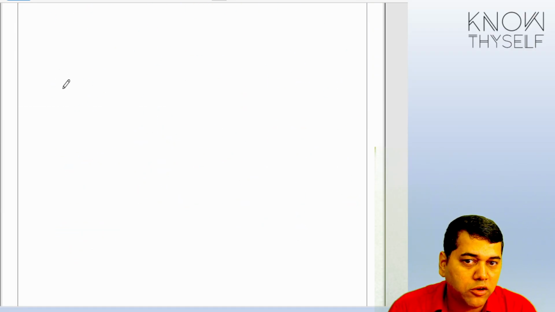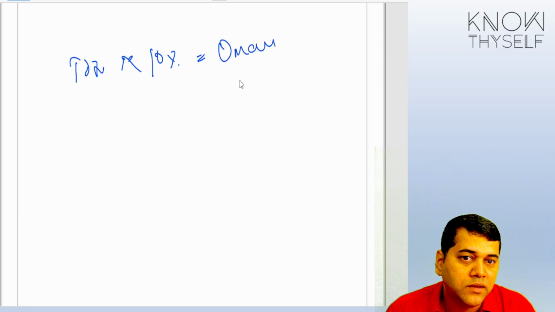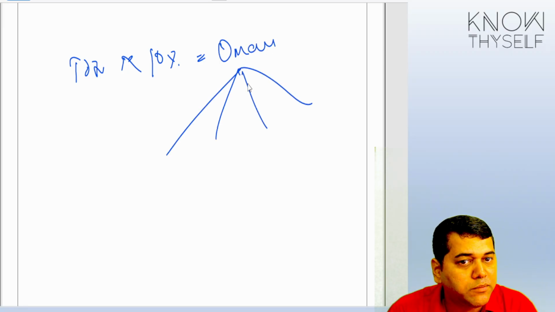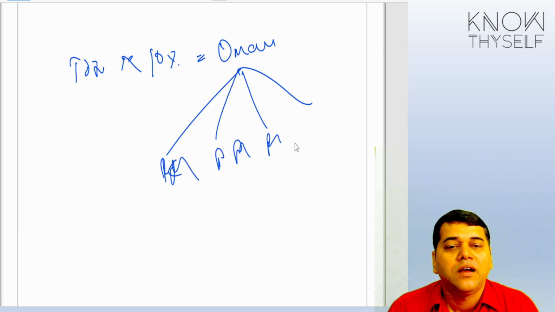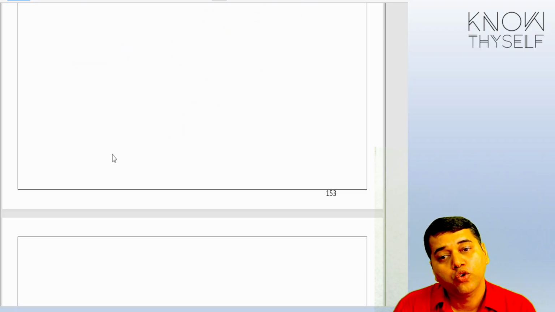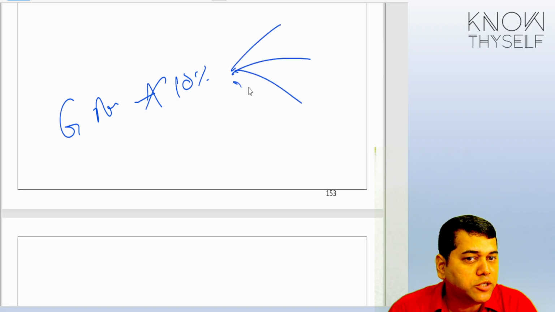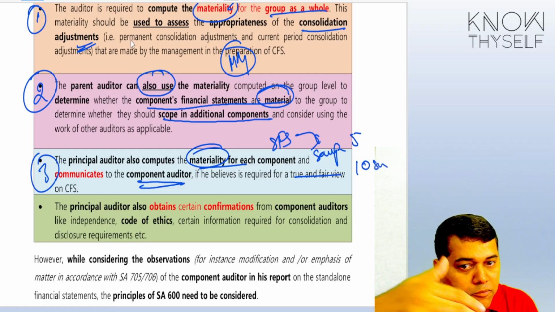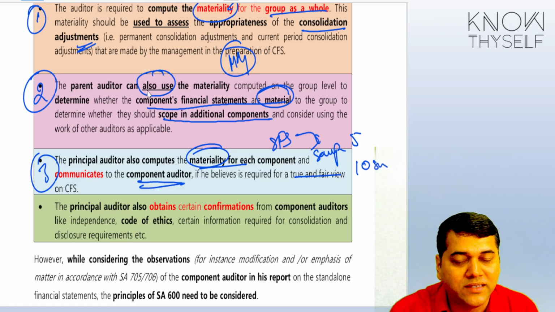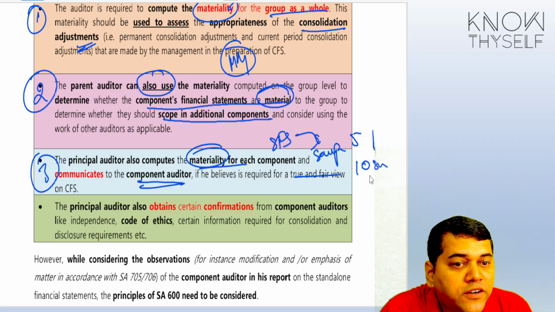Students, always you take a benchmark like total assets, multiply with, say, 10%. This is called overall materiality. What you do, don't you distribute it to the items of the financial statement, called performance materiality? Similarly, you will arrive at the group's total assets benchmark into 10% and may distribute it to all the components, subsidiary 1, subsidiary 2, subsidiary 3. So you tell them what is the materiality applicable to you as a component and how many samples are required. So now this is going to increase your effort.